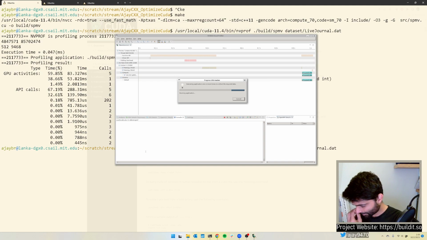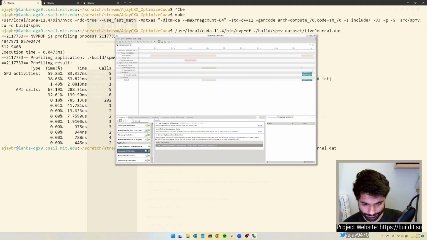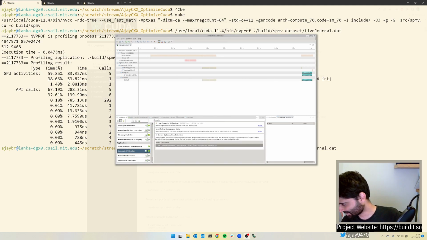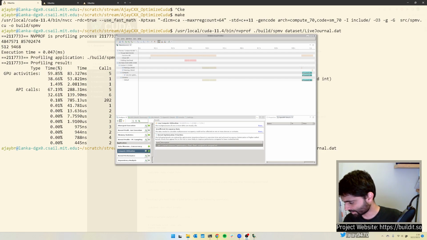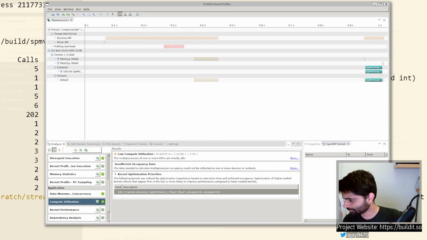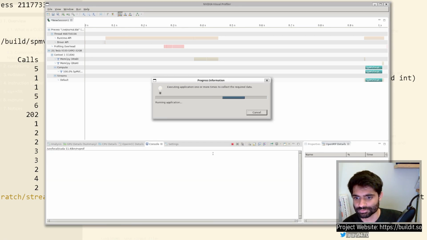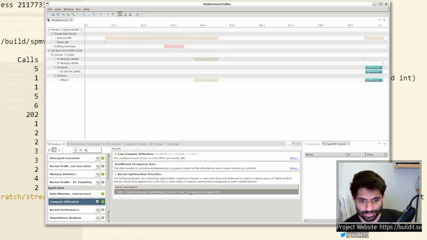So the first thing I'm going to look at this time is not actually memory coalesced accesses. We know that our memory coalesced accesses are going to be bad because we have indirect accesses. But this time I'm actually interested in looking at how well we utilized our GPUs. Let me focus on this one. Yeah, so if you look at our kernel now, I'm doing a compute utilization profiling, and if I double click this,